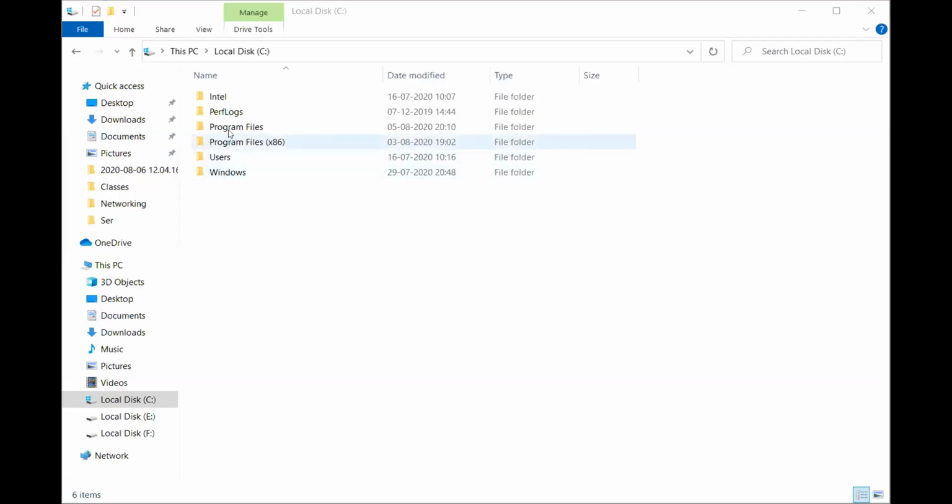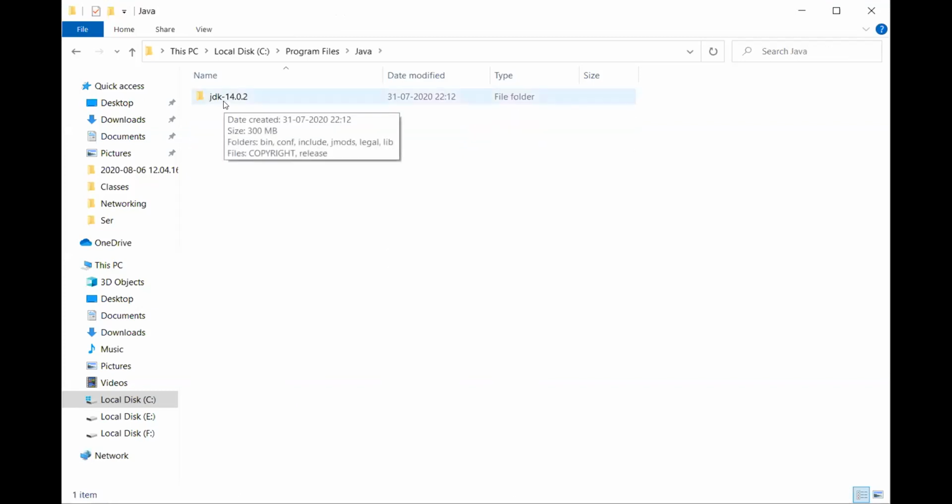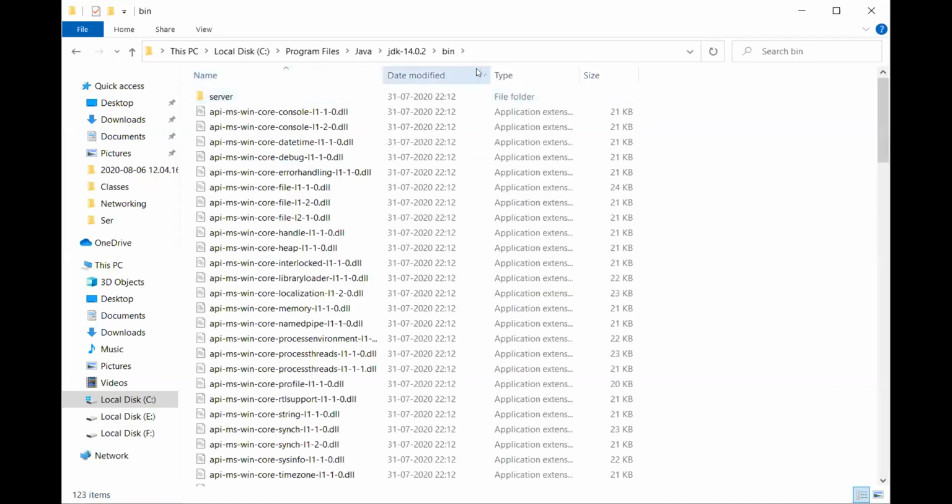Together with that, as I was telling you, update your JDK. I've installed 14.0.2, just as we did earlier. Open up your bin file. Press Control C. Go to your control panel settings. Edit your environment variables, system variables, path, and then delete off your old path and paste this new path, just like we did when we installed earlier the JDK.